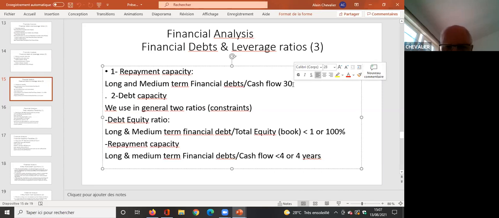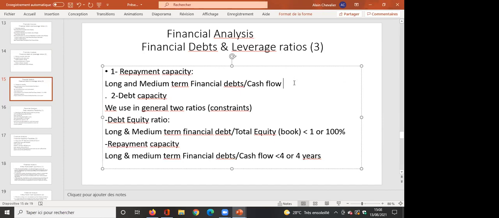The first problem is the repayment capacity. It is measured by the relation between the long and medium-term financial debt, book value,